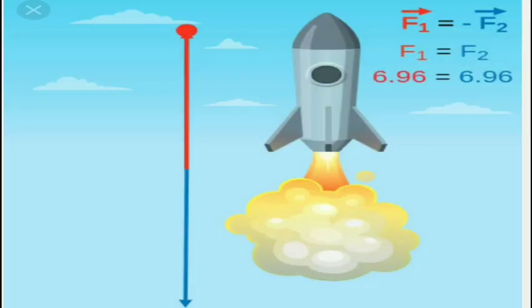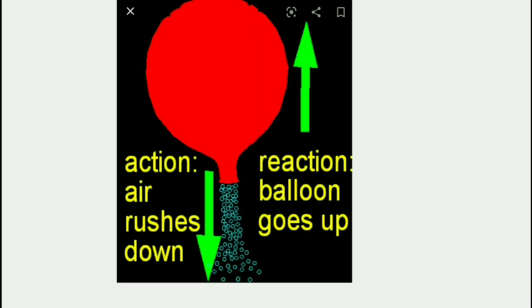And the working of rockets is based on this same law, Newton's third law, because the action and reaction pair in Newton's third law always represents forces acting on two different objects simultaneously. Let us see, here is a balloon. I have inflated it with air, and afterwards if I release the knob, I can see the air in the balloon pushing down, and this is the action. The air rushes down from the balloon, and because of this, the reaction is that the balloon goes up with the same speed.